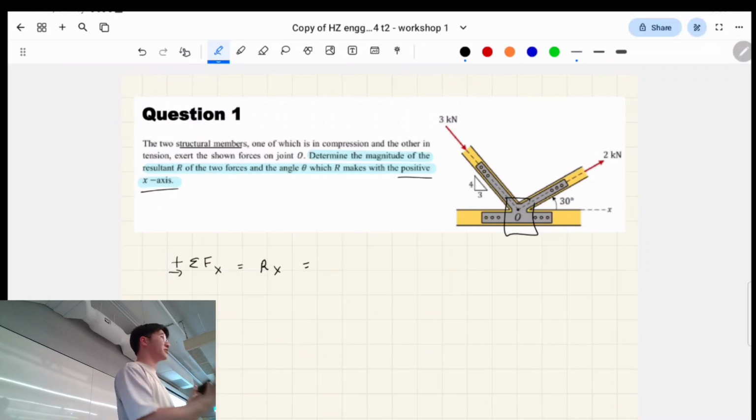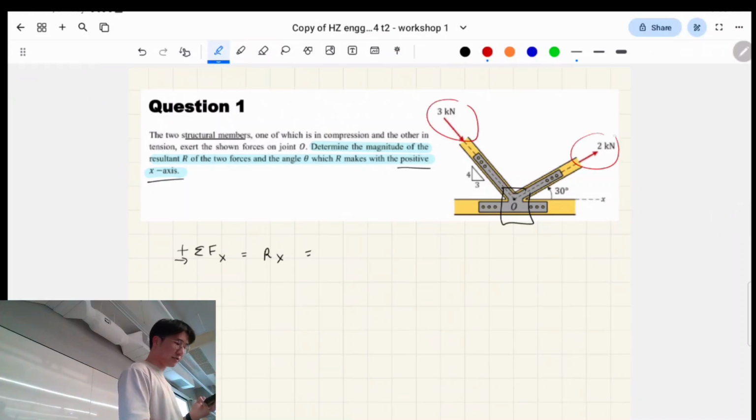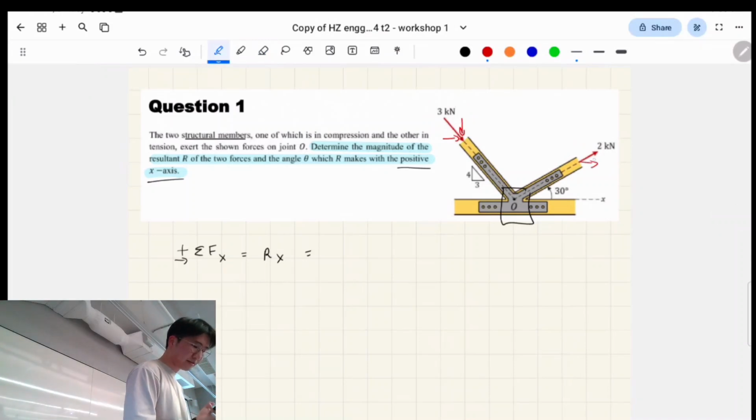We're going to group together all the horizontal forces and call it Rx. So what horizontal forces do we have? We have two diagonal forces essentially, and we can break them up into components like this. So for the one on the left, the compression member,